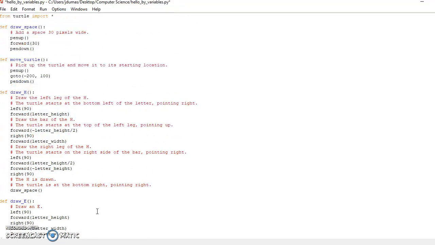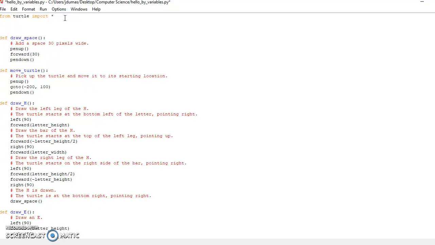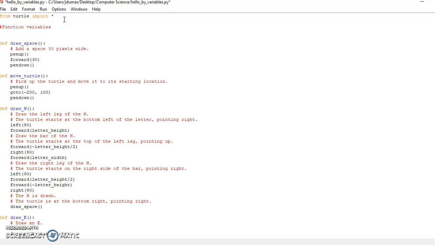We are now going to go in at the top of our code and put in the function variables. Without these function variables, the code actually has no use and will not run appropriately. We need to define what each of these, space width, letter height, letter width, means. Under our comment here, pound function variables, we're going to type in space underscore width